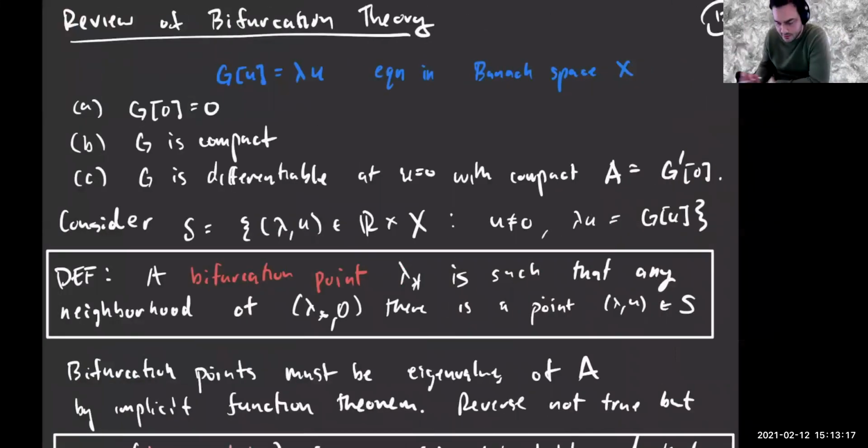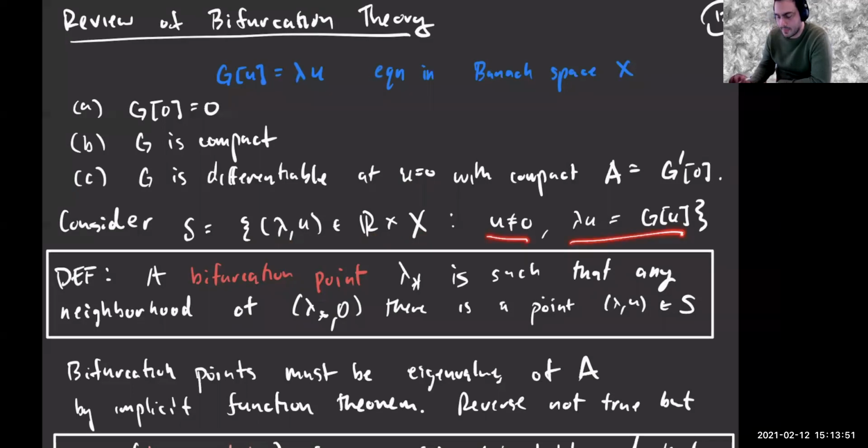So what's the general theory to do this? Well, if you have some equation, G of u equals lambda u in a Banach space X, and G has the property that at 0, it's 0, it's compact, it's differentiable at u equals 0, and has a compact derivative, A. So this is the general class of things that we'll consider. And let's call S the solution set. So this is the lambda and u, which are in R cross this space, such that u is non-zero and